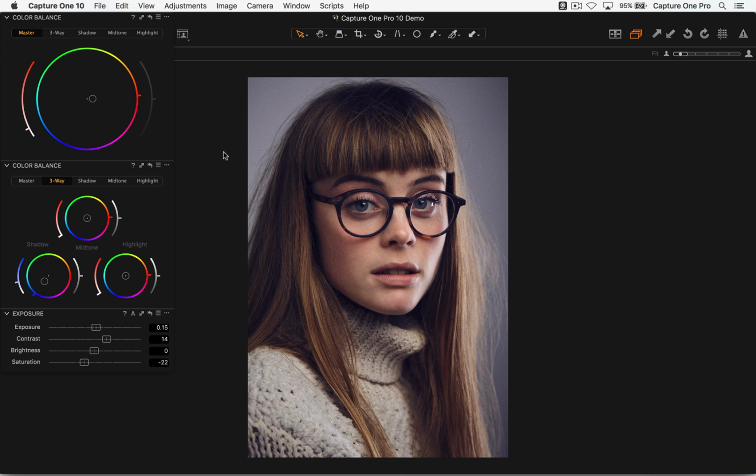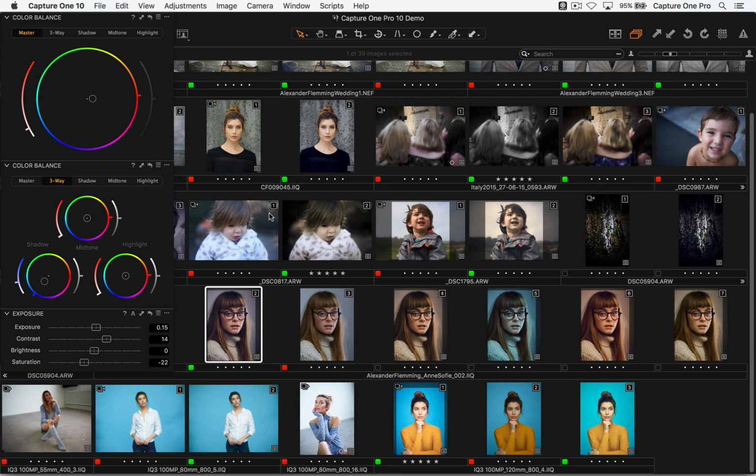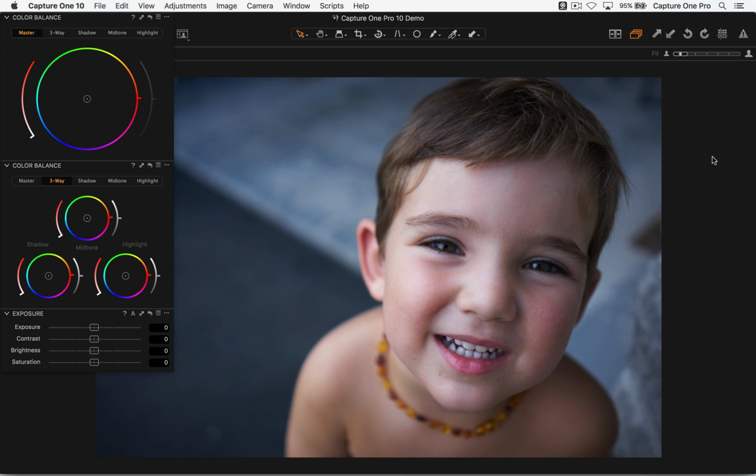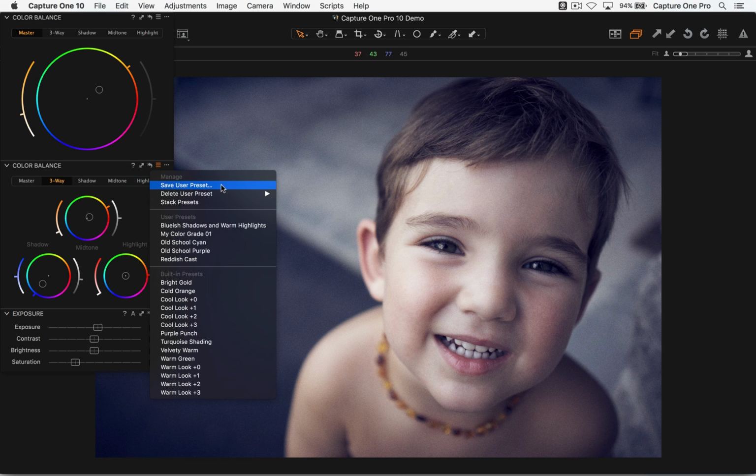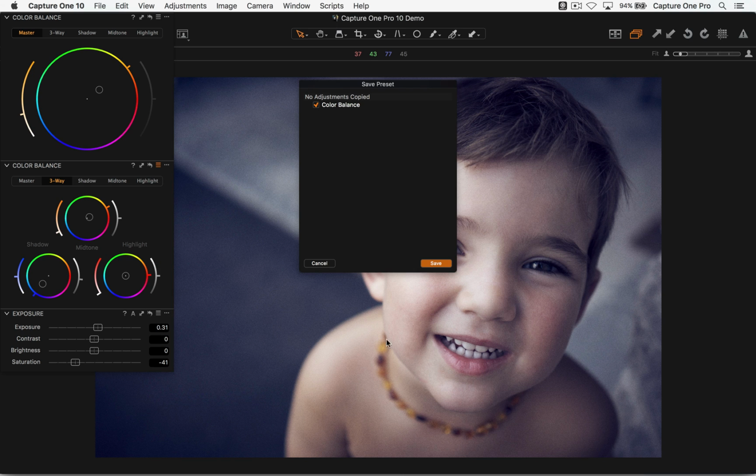So let's think about if we wanted to save something as a style. Let's just grab this one. Let's think, you know what, I quite like what I've done here, but I want to try this across other images as well. So I need to save this as a style. Now remember, a preset is just the tool itself. So if you've got a color grade that you want to save, we can just save that like so, in case that was a bit quick.